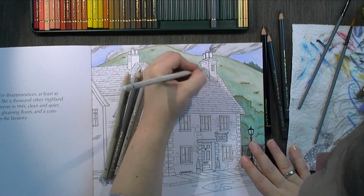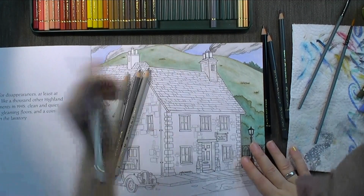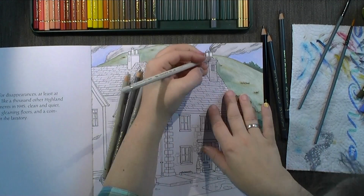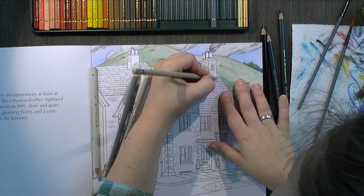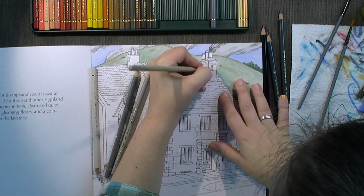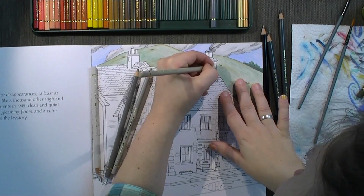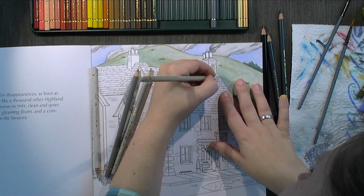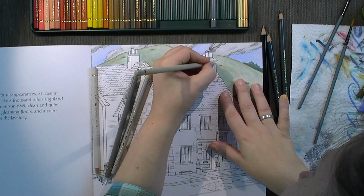Gonna give it one coat of the lightest warm gray that I have, no matter if I will add in these very dark colors in the end to set these stones here apart or not. So just one coat, and now I will add the next darkest warm gray, but I'm not gonna go on these stones here anymore. I try to go around them now just to make sure that I have enough room to color them in and not have the tooth lost too much on that section,